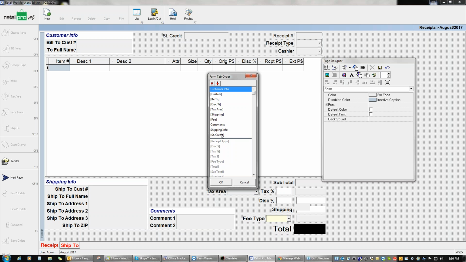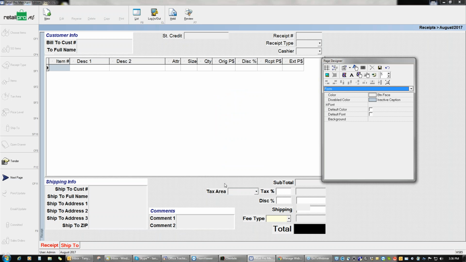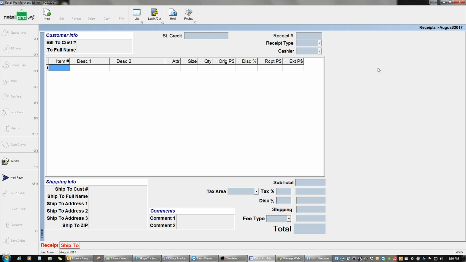Okay, now I don't need store credit to be in here because that's not an editable field, but maybe I want to move comments up and shipping info up. So I go ahead and click OK, and I'm going to save my changes. And now when we go into a new receipt, which hopefully will happen quickly,